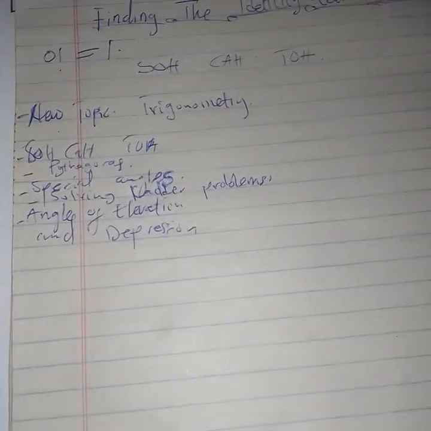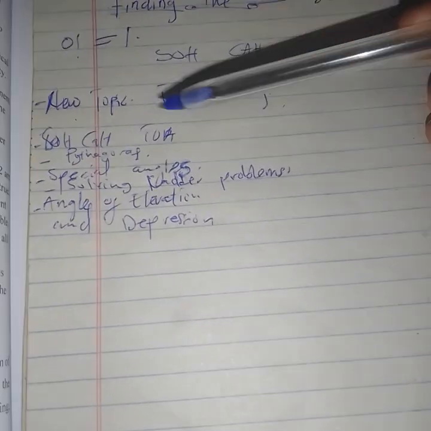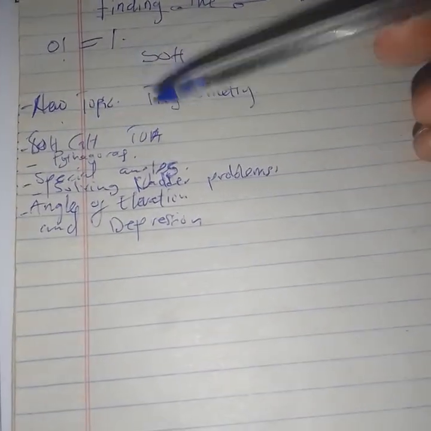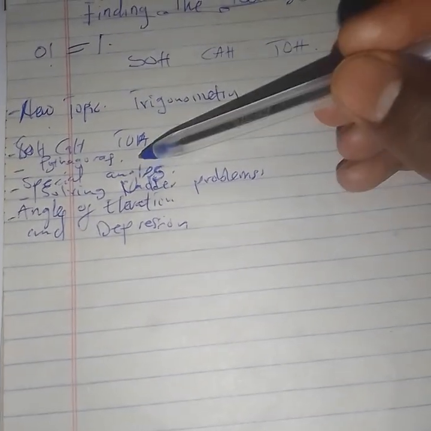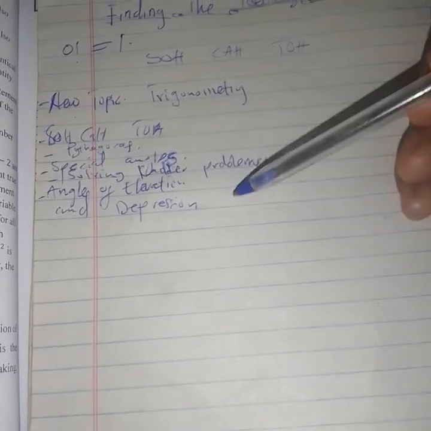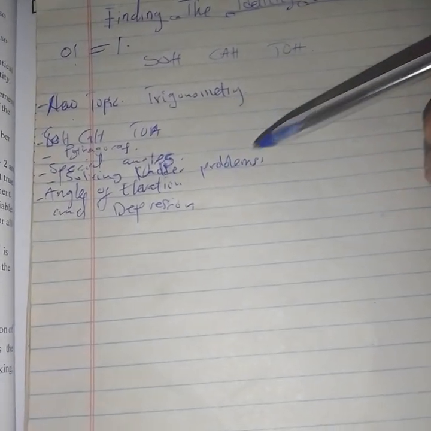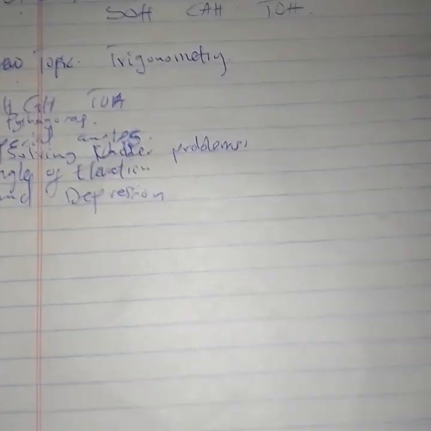And trigonometry involves a lot. These are the things that we are going to be looking at: the concept of SOHCAHTOA, that's sine, cosine and tangent, which I'll be explaining. Then Pythagoras theorem, we deal with that also. Then special angles, then solving ladder problems. These are all problems under trigonometry. Then at last we look at angles of elevation and depression, which is very important as you are preparing for